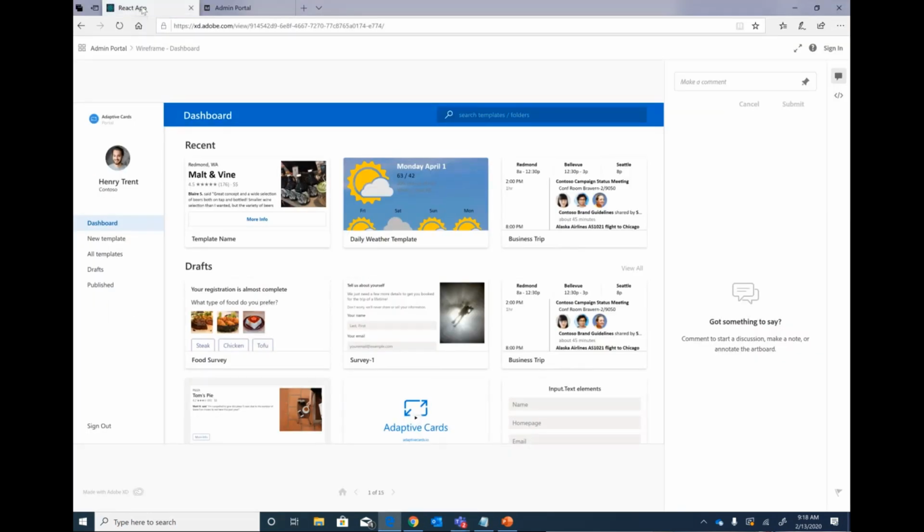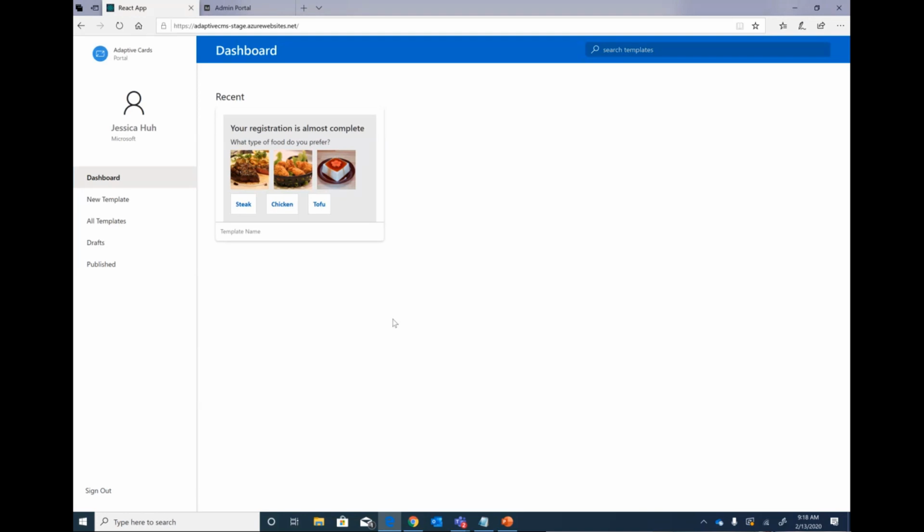So as we can see here, this is our actual website. It is up. I want to remind you guys that we've only been working on this for a month, so it's a little bit rough around the edges. But this is a template that we had created before, the steak, chicken, tofu template. I'm just going to go through the workflow of creating it again, just to show you the overall idea that we're aiming for. If we see on the left side, we can go to new template, and this will